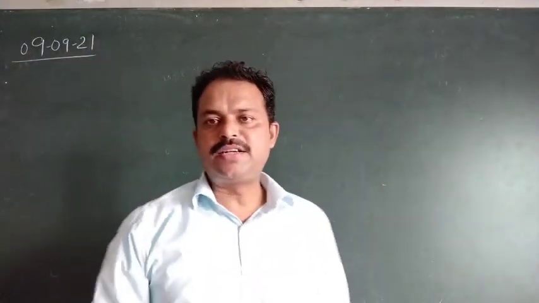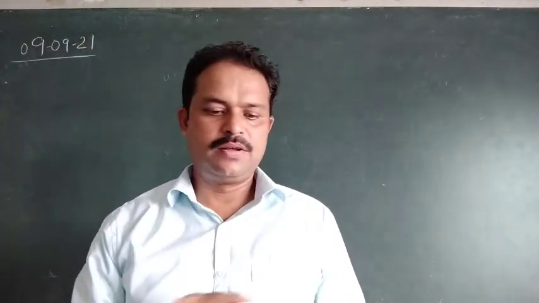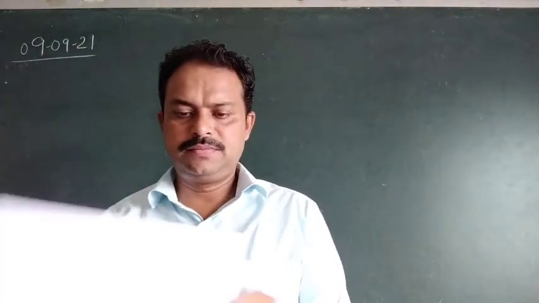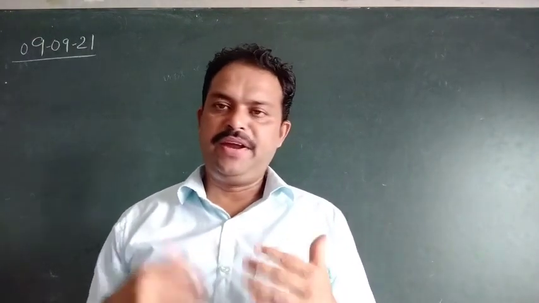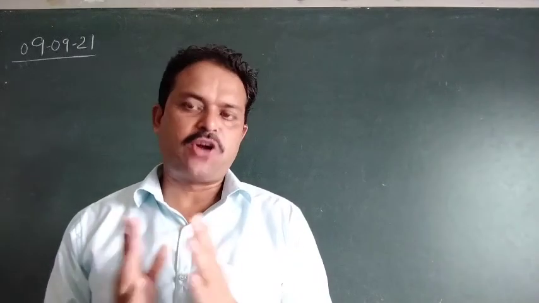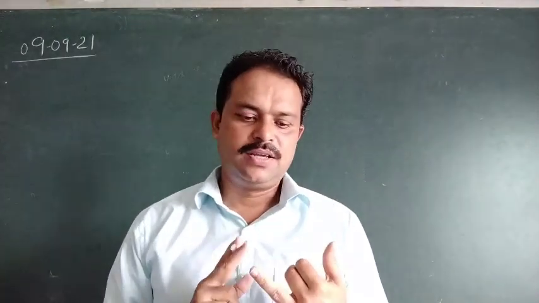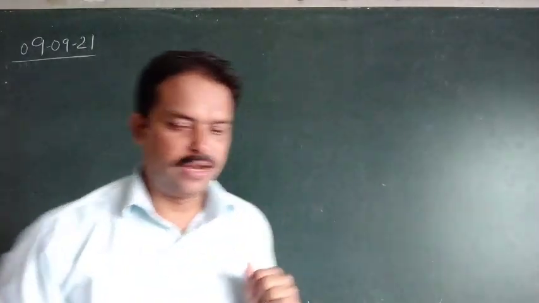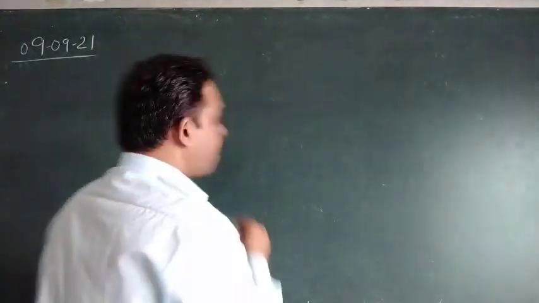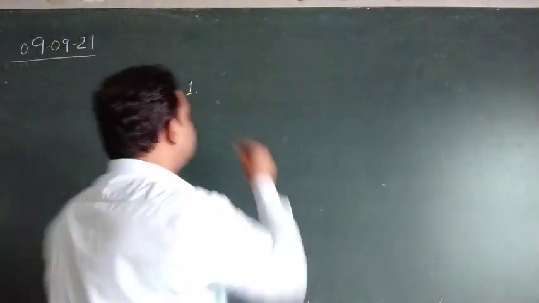Now, three technical terms are there. When we create an object, three things take place: number 1, declaration, instantiation, and initialization. Let me write it down. Number 1, during the creation of an object,